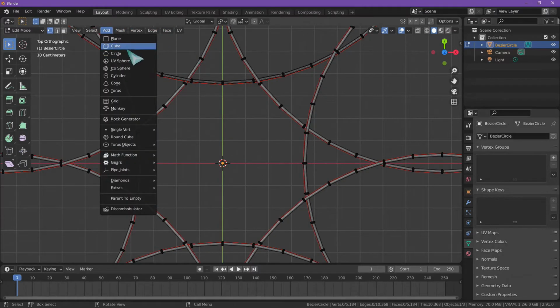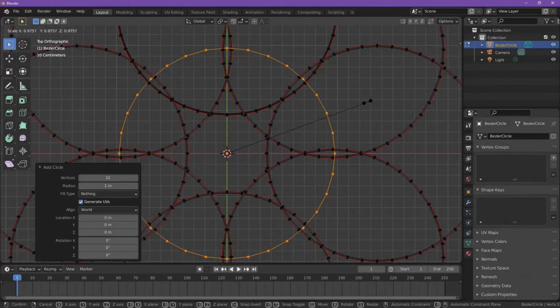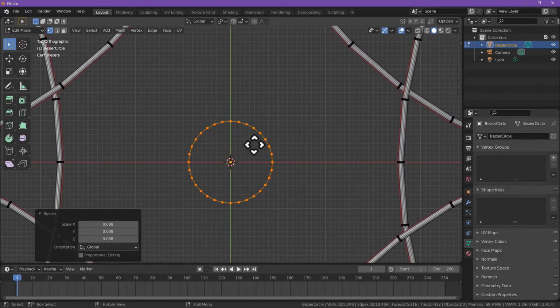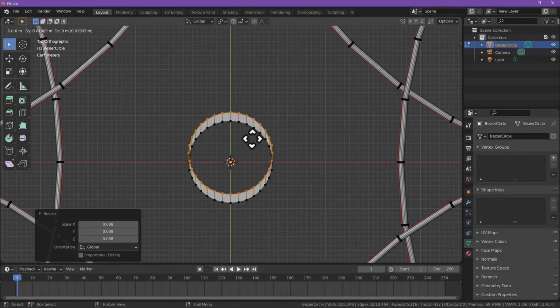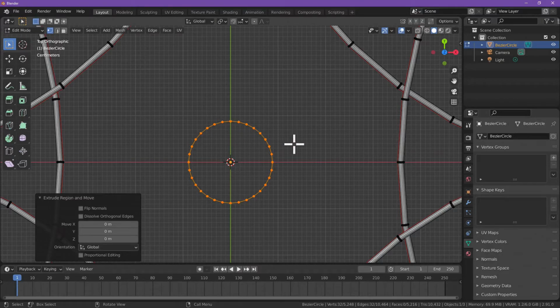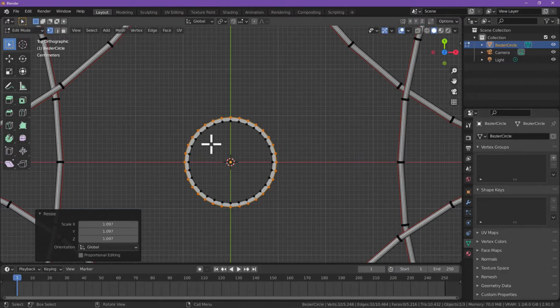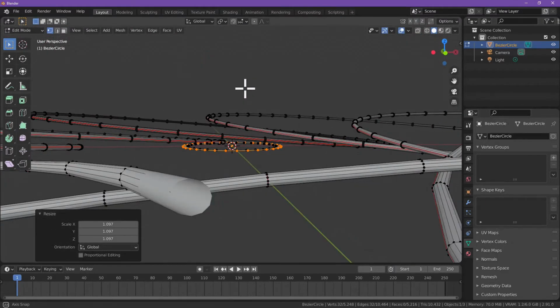Add a circle in the center, scale that down, S for scale. E for extrude. I want to extrude, but I want to cancel that extrusion because I want to scale that out. So now I have a smaller circle in the center,